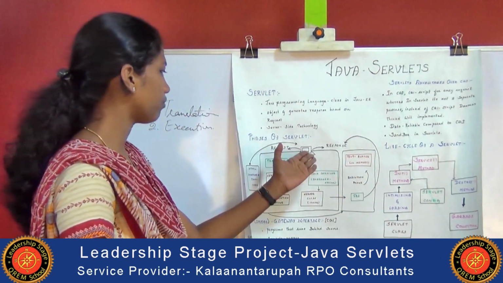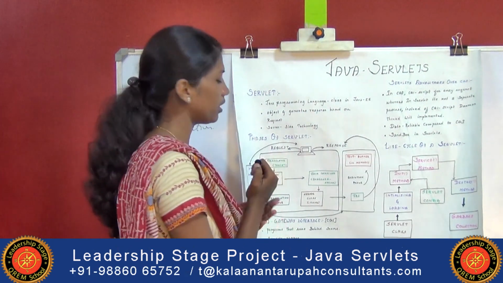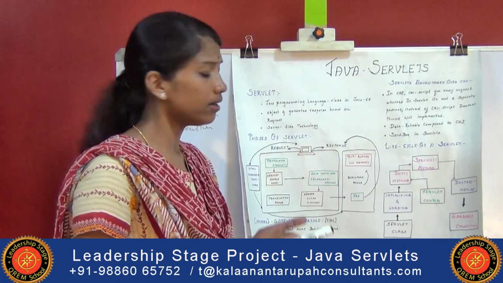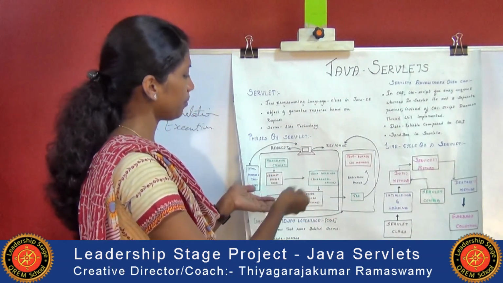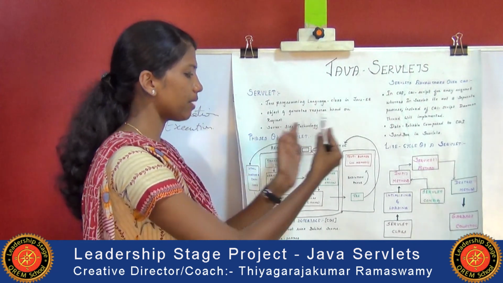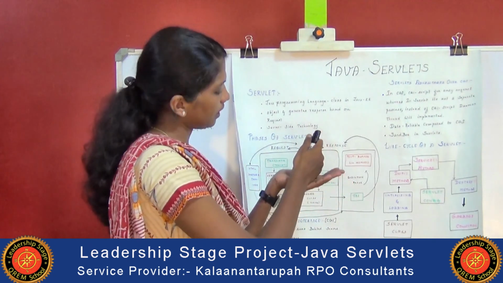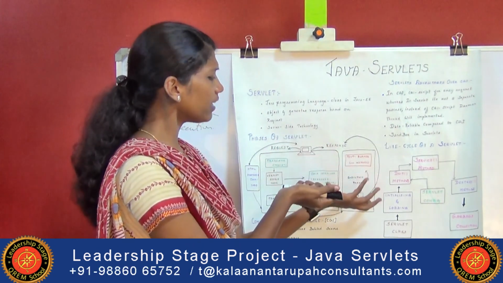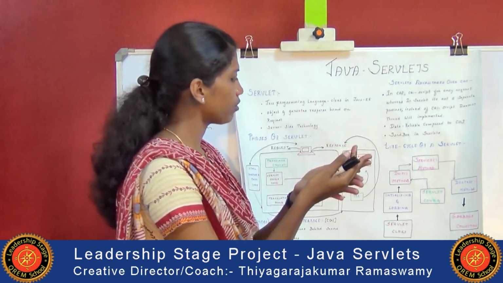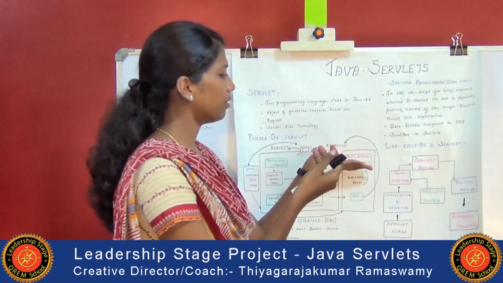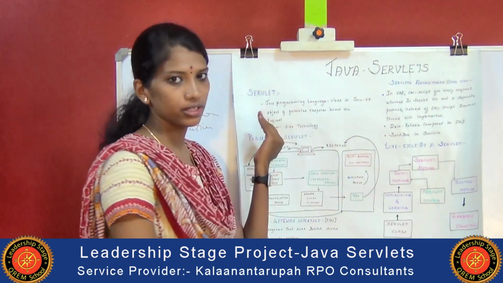When the client asks for any request, corresponding to the client request, the deployment descriptor will map the servlet, the small module of program, which is nothing but HTML-embedded Java code accompanied with a class file. This is processed in the translation phase. The second part is the execution phase, where the Java code runs in the Java runtime environment. Then the output, the dynamic response, is stored in the text buffer in a manipulated format. Therefore, it is written as a dynamic response to the client.